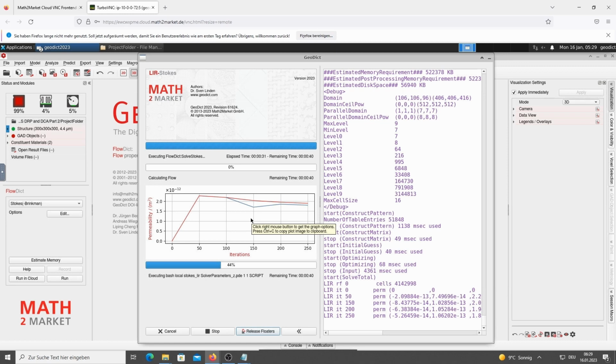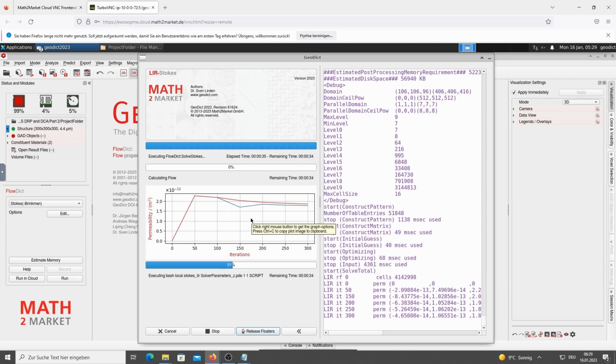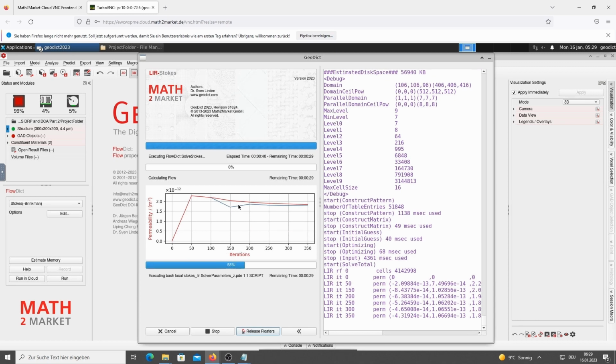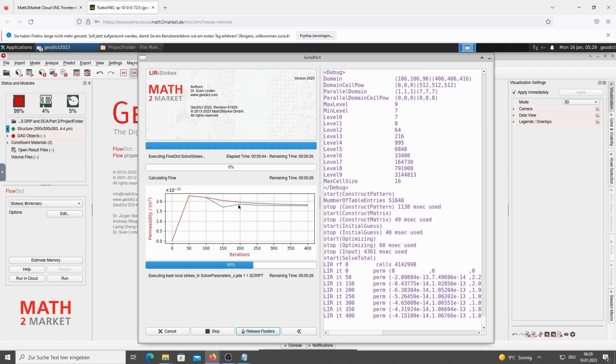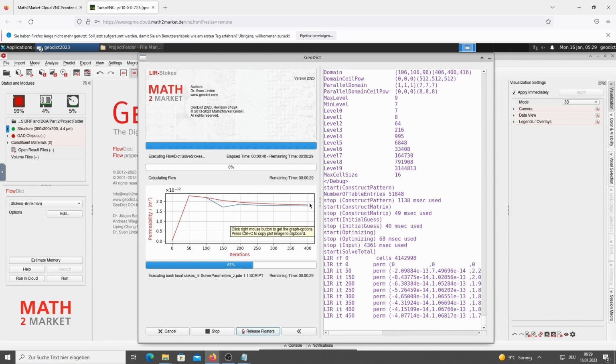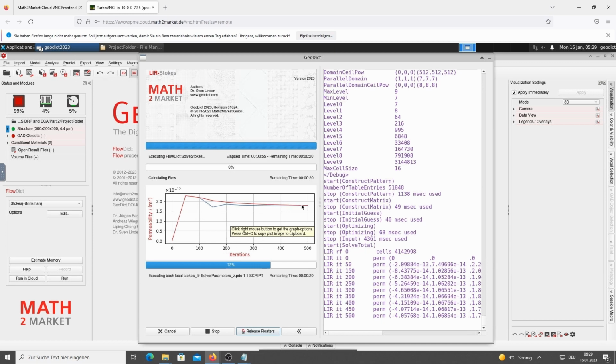The graph has two curves. The red curve shows the computed permeability per iteration. The blue curve shows a prediction based on the red curve, and this prediction is done by the error bound stopping criterion. If the red curve deviates relative to the blue curve by less than the specified error bound, then the simulation stops.